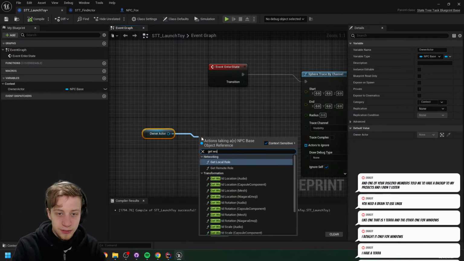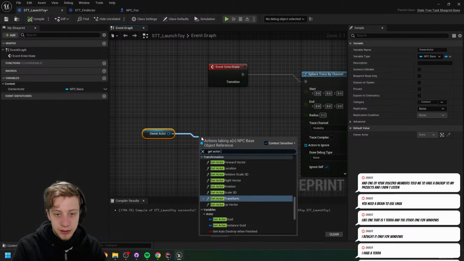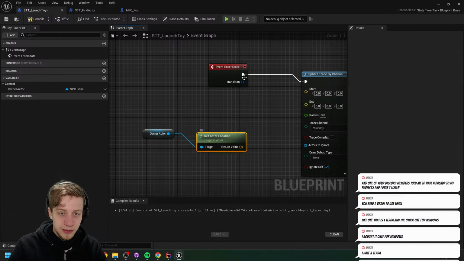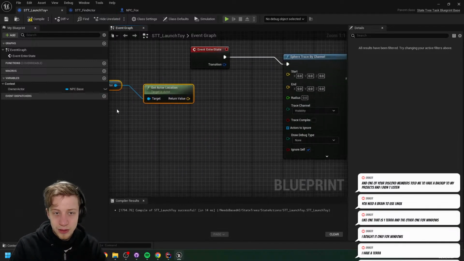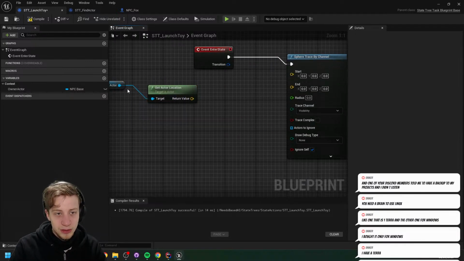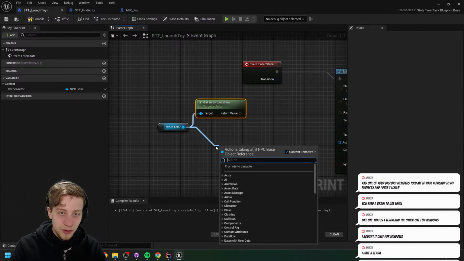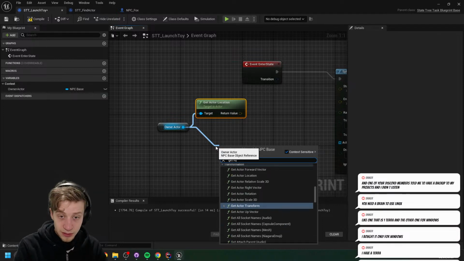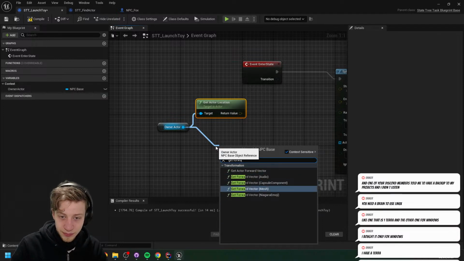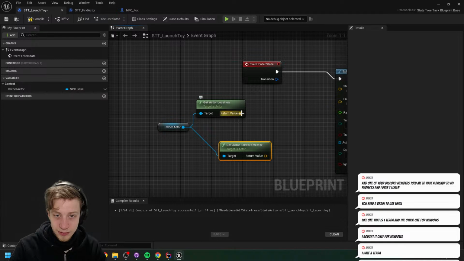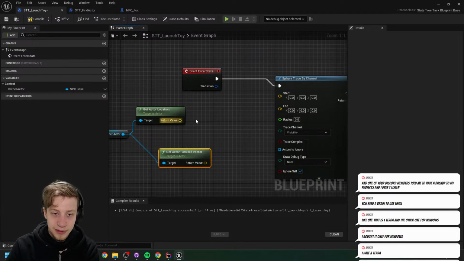So I guess we can do actor location. Get actor. It's a bit annoying how this is separated into world, actor, and world location. If I'm getting the location of the actor, like if I'm getting actor location, it has to be world. I'm wondering if there would be a more intuitive way to go about this. Maybe I'm just overthinking it. Get actor forward vector, and this is our start.